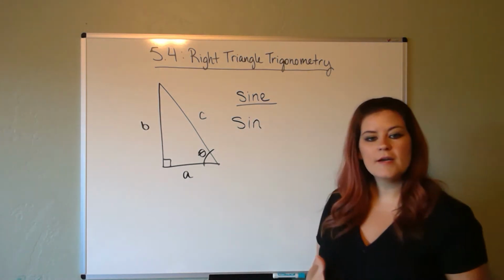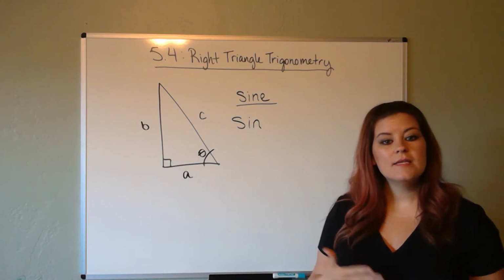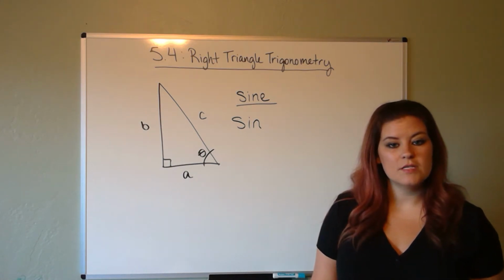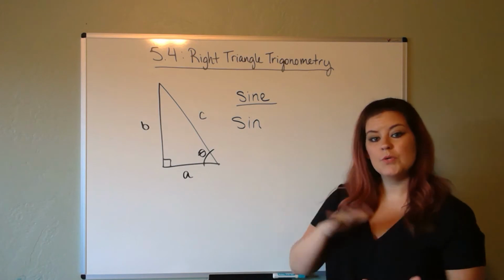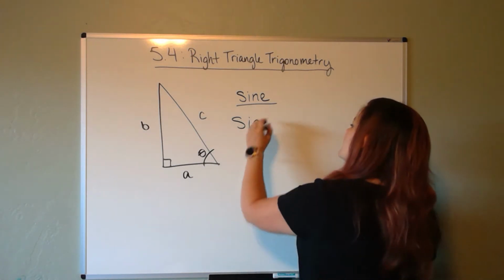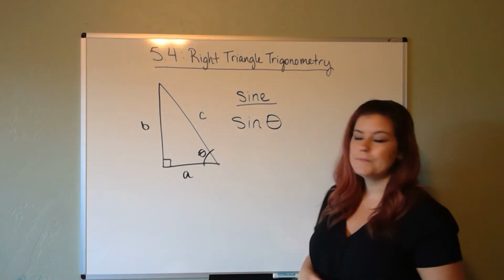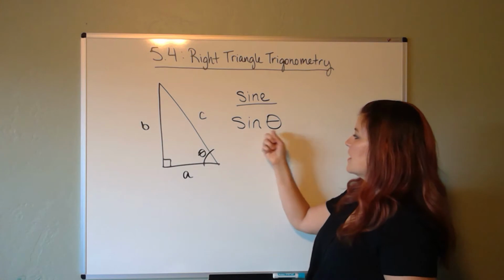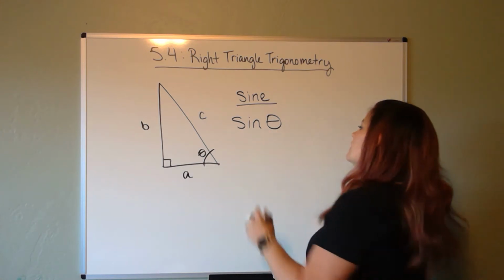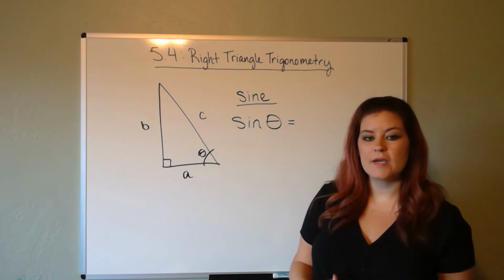And then when you're talking about a function, we know that it has an input and an output. The input of a sine function is an angle. You put in an angle and you get out a number. So this is where the input goes. I'm going to input our angle theta. So I'm looking for the sine of theta. Let's see what we get out. So if you're on a right triangle,